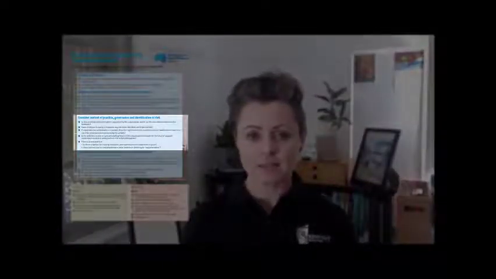So number 3 is consider the context, the governance, and any risks around the activity that you want to delegate. So context is usually the ward context. Is it so busy that you cannot provide the student with the type of supervision that they need when you're delegating to them? If it's yes, it is so busy that I cannot give this student the support that they